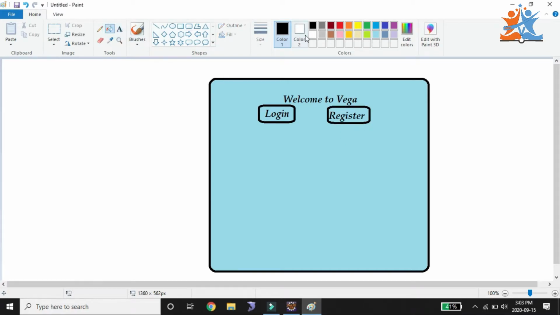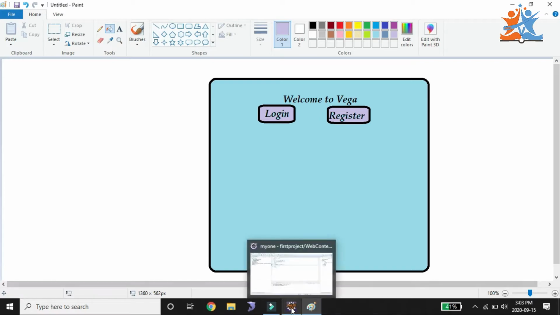Here the background color is taken, a simple example, this type of background color. The first page will be created like this. After that, what is the next thing we will see?